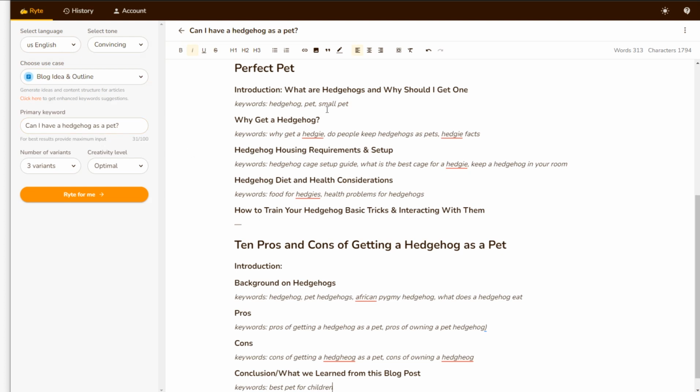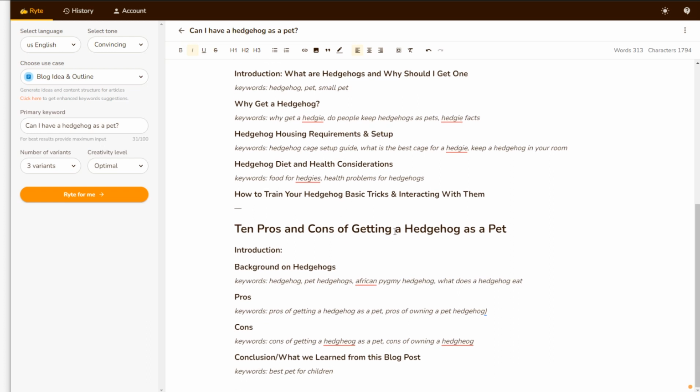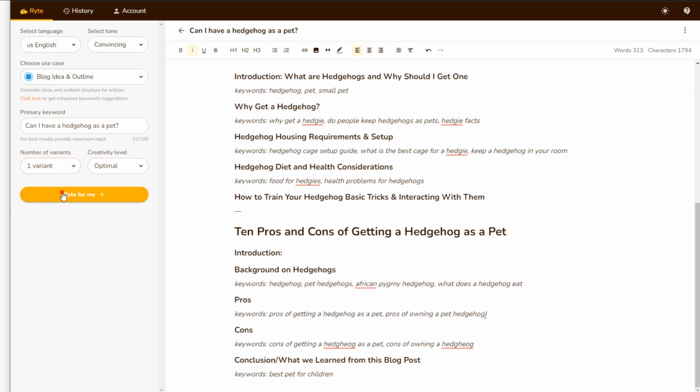This one here then, so we have perfect pet. What are hedgehogs and why should I get one? Hedgehog housing requirements. Oh, why get a hedgehog? Hedgehog diet and health considerations. How to train your hedgehog. Pros and cons of getting a hedgehog as a pet. Pros, cons, conclusions. Okay. Maybe we ask for one more, because I did look at quite a lot more outputs